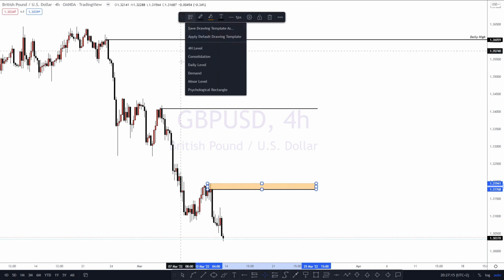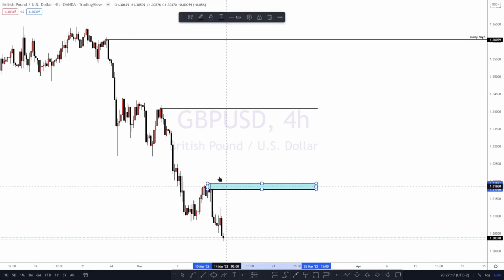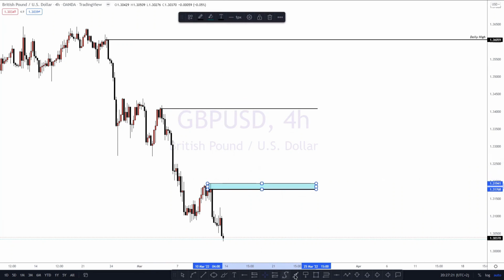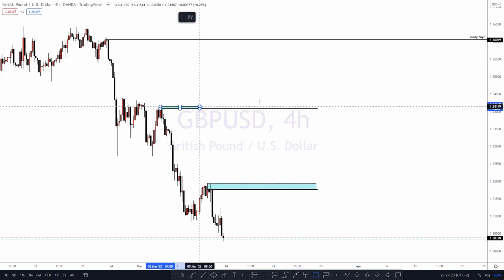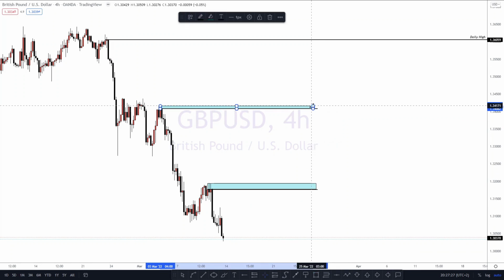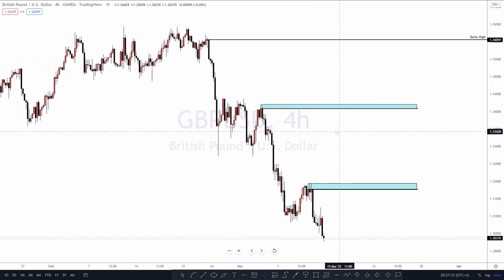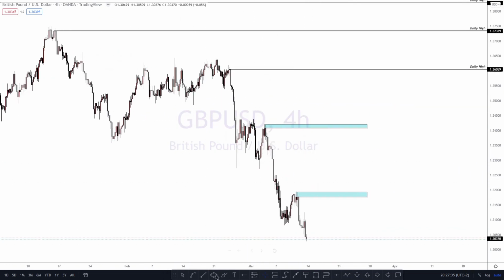But there are 4 hours, so that 4-hour level. I'm just going to take another one, and then this would be my 4H level, and I'm done. Be done with my 4H just to see what it is that the market would want to do. And then now I move to 1H, right?